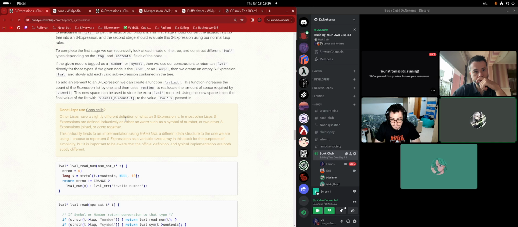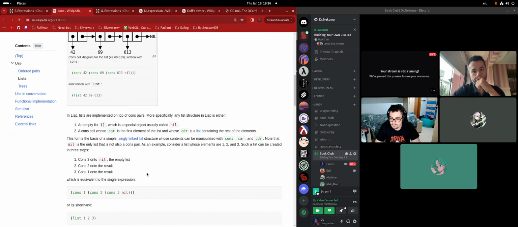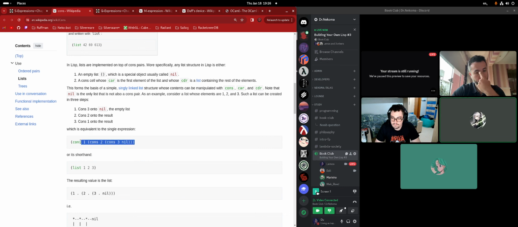I think that's an okay approach. I still prefer the cons cell just because it's a bit more explicit. But this works, I guess. I don't have a problem with it, and it's very much an alternative.